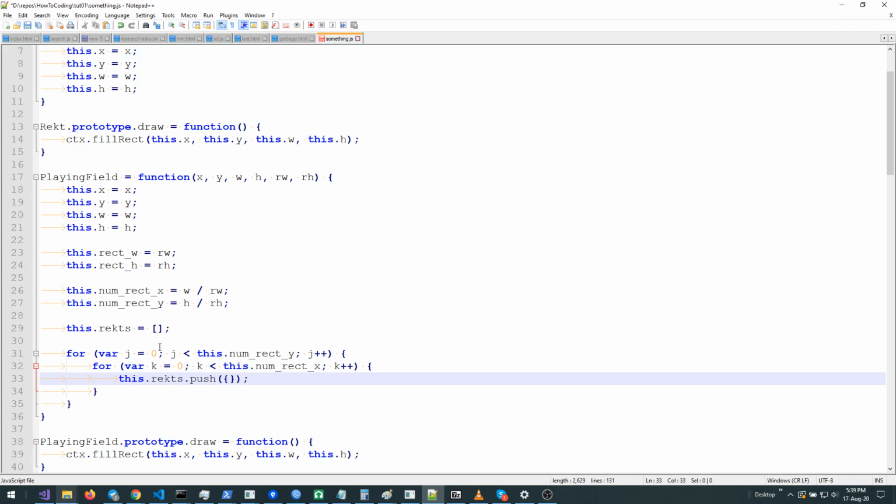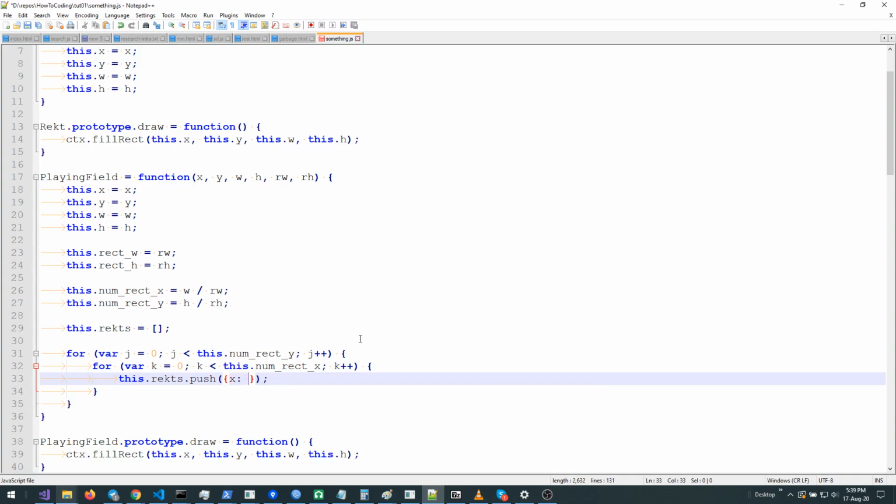So what I want is, let me just think about this logic. So you put a rectangle in, and its position, its x position is